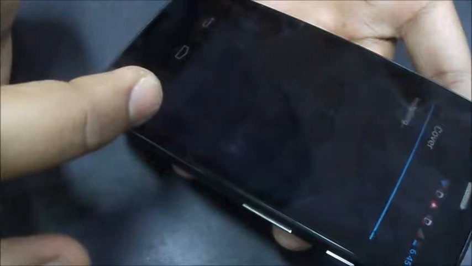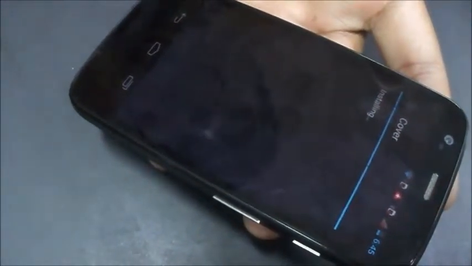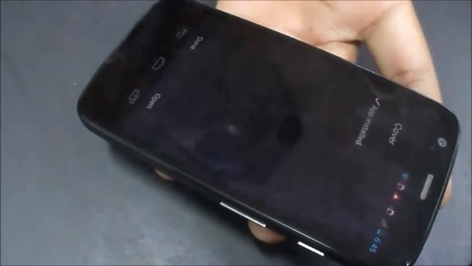So let me start with installing the app. So this app mainly works with the lock screen of your phone, and it shows the apps which you use the most on the lock screen, so you can directly access all those apps directly from the lock screen. So you can see the app is installed now.